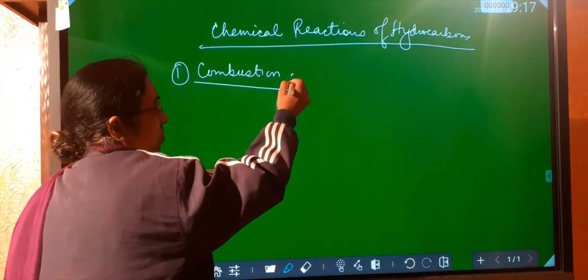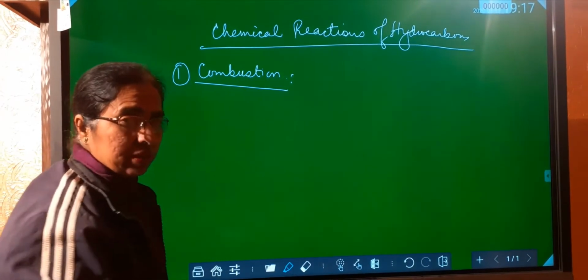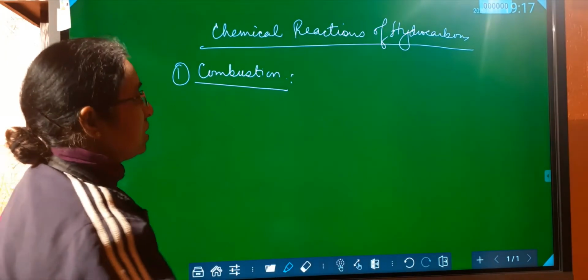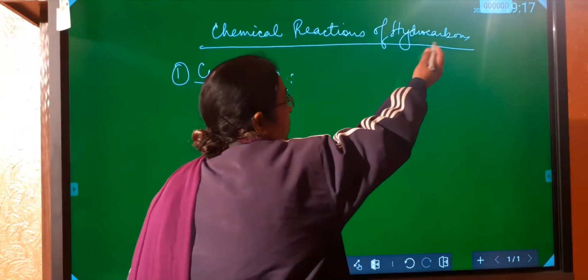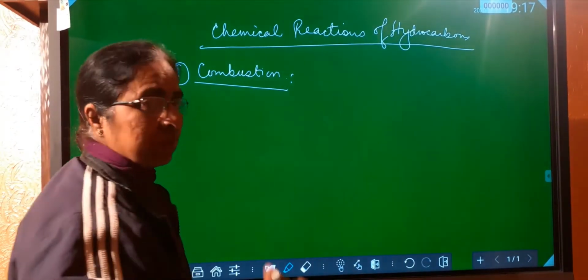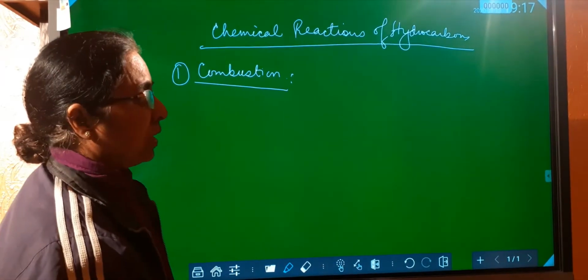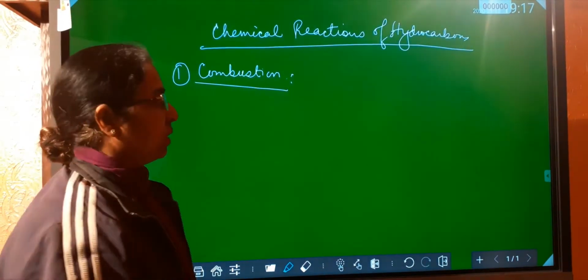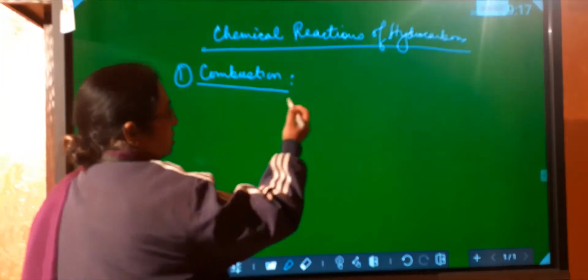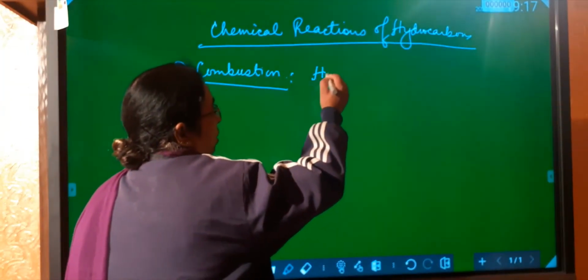Whenever we talk about combustion, combustion means the reaction with oxygen. Since these hydrocarbons have only hydrogen and carbon, hydrogen will react with oxygen and give H2O, and carbon will react with oxygen and give CO2. So combustion, we can write that hydrocarbons